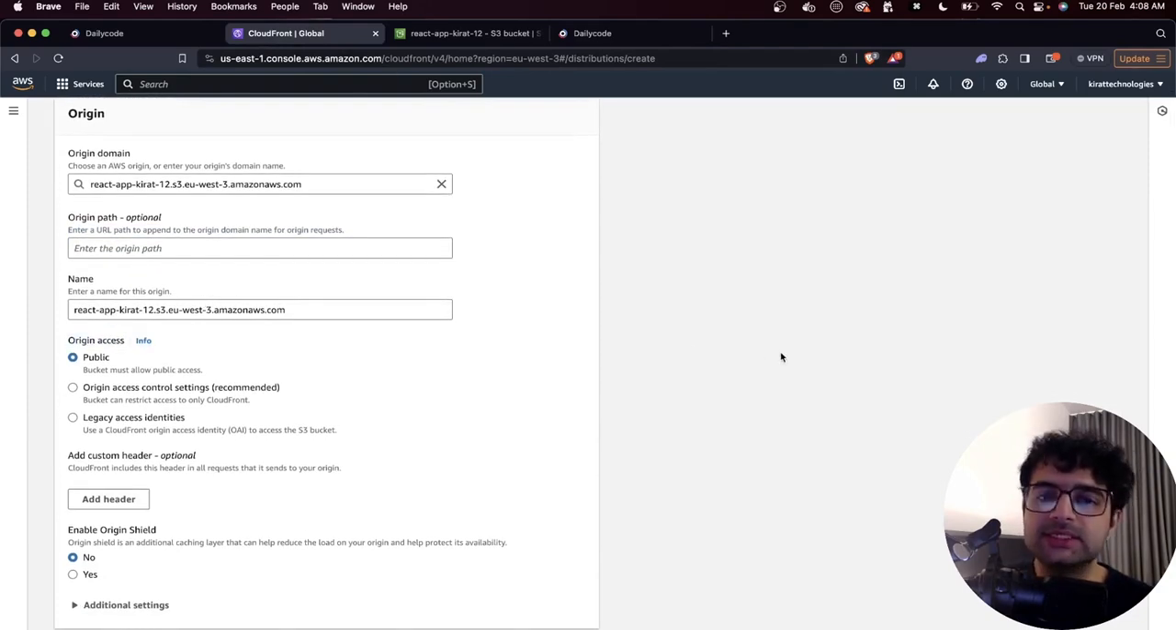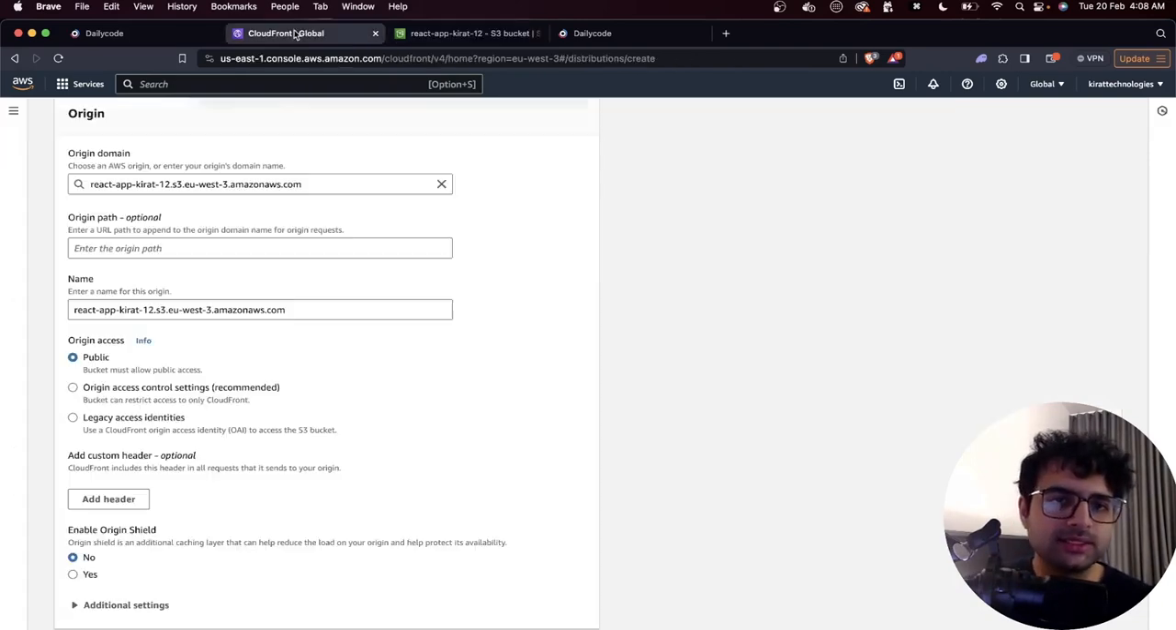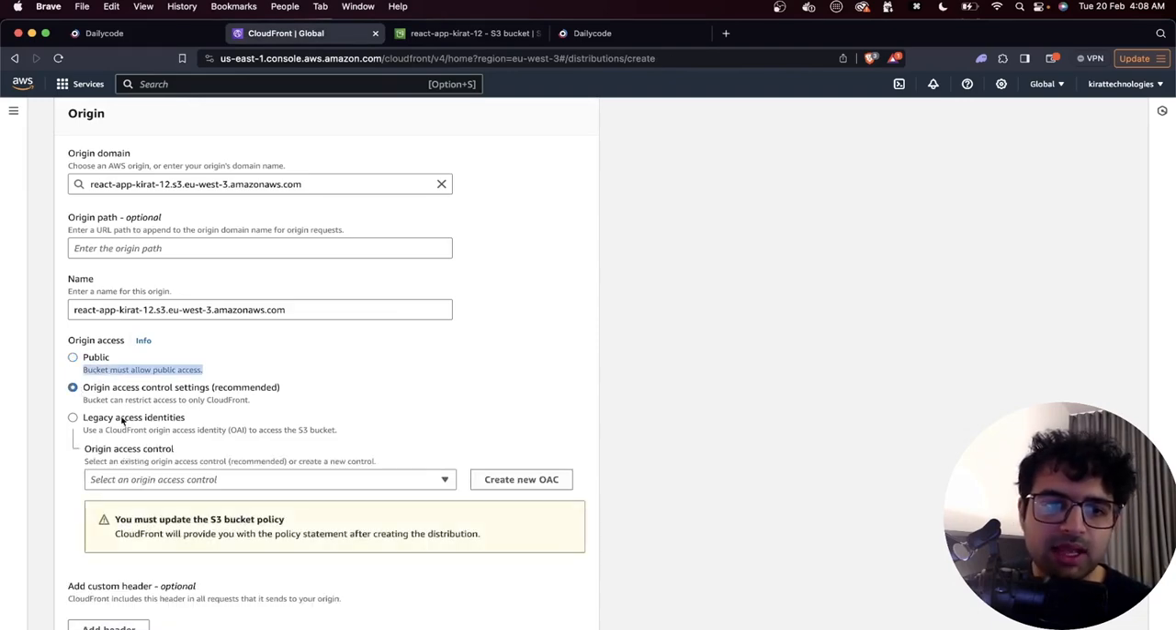Origin access, this is important. It basically means, is your origin open? Is it public? Or is there some access control over there? What did I say? I said this is blocked by default. This bucket we have not opened to the internet. No one can access it, which is why our bucket is not public, which is why you can select either one of these